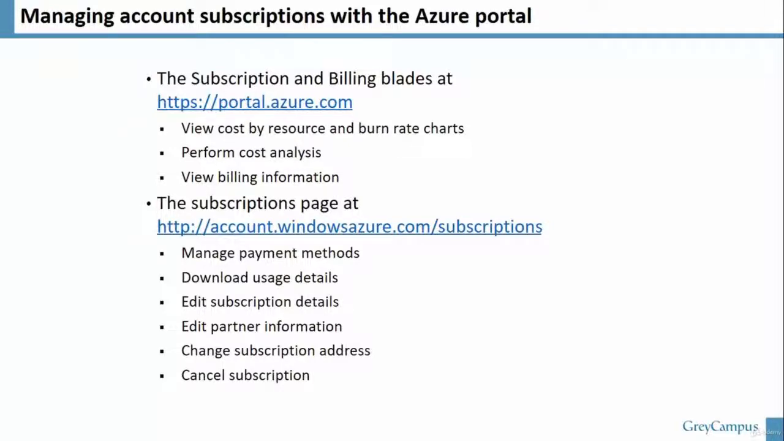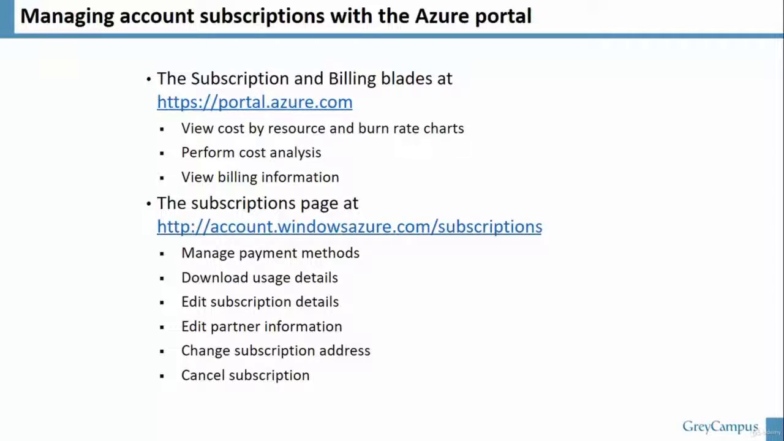Alternatively, you can also access the list of subscriptions from the subscriptions blade. Either of these methods basically allows you to view charts that summarize the cost by resource type and burn rate on the subscription level. The cost analysis blade provides detailed charges for individual resources. To manage payment methods, you must navigate to the account portal by using the link